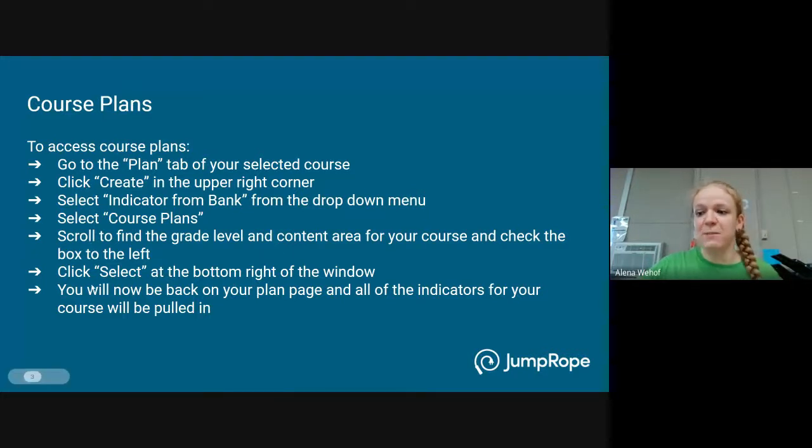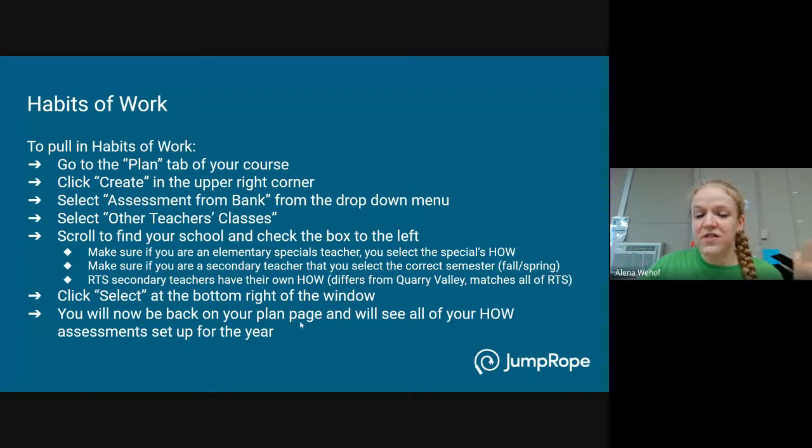This slide has the step-by-step for those of you who like to have the directions to refer to. It tells you what to click on. I'm going to show you as well. And the next slide has the description in words of how to do the habits of work. Again, for those of you who want to have this handy, you can print these couple of slides.